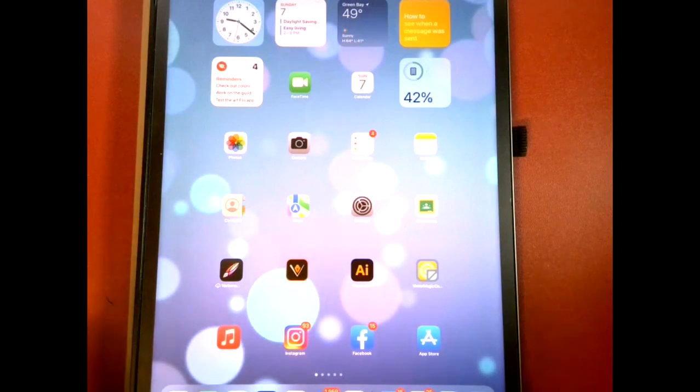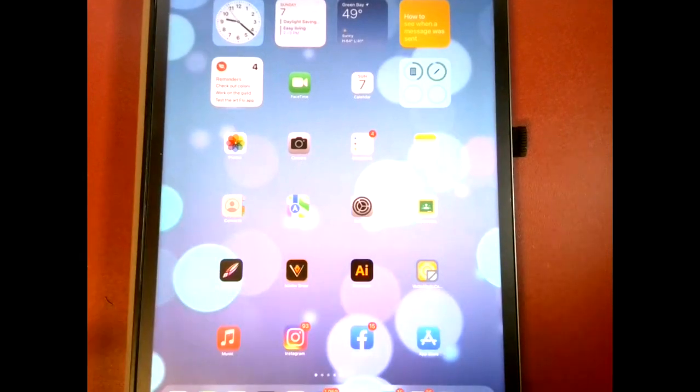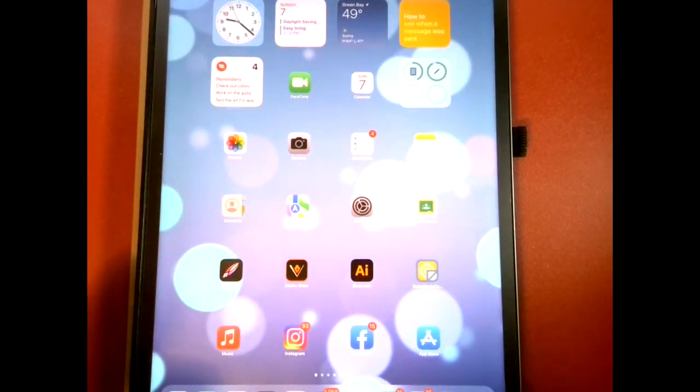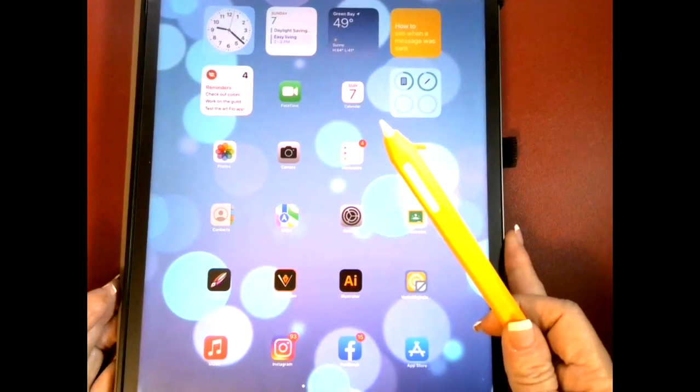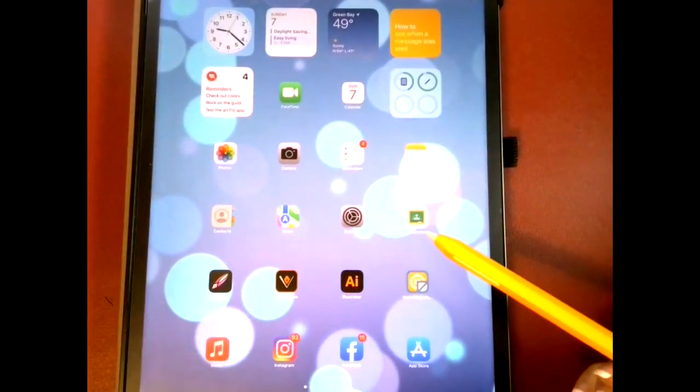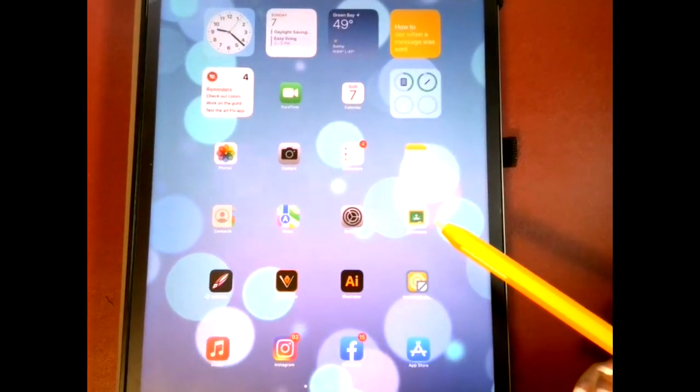All right, so today what we are going to do is work on the iPad. You are going to need your stylus and your iPad. So open up your iPad and you always need to log into your Google Classroom. So you want to click there